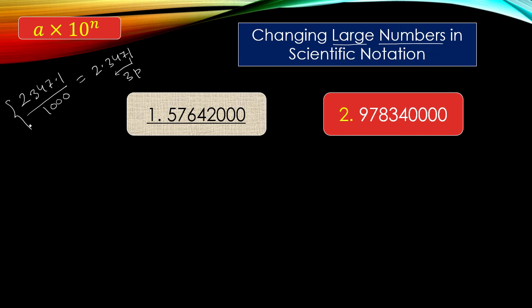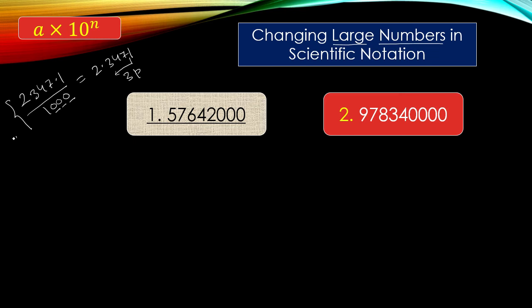So what is the key why the decimal is shifted towards the left side 3 places? We are finding a key here. The number was divided by 1000 and 1000 contains 3 zeros. That's why the decimal is shifted towards the left side 3 places. So that is the short key.